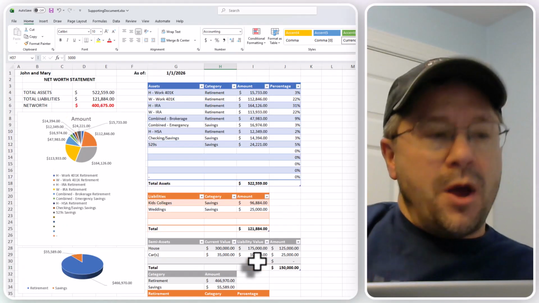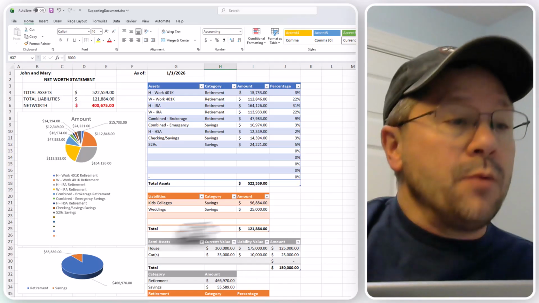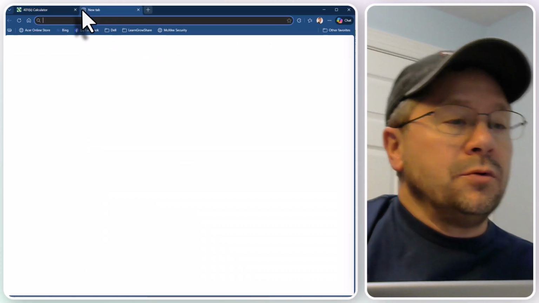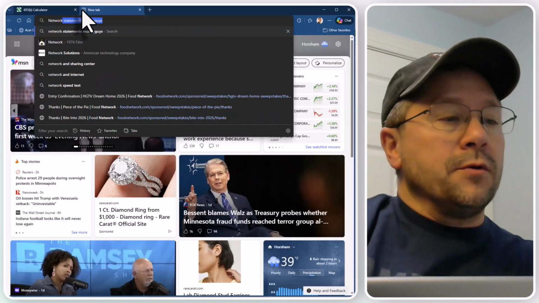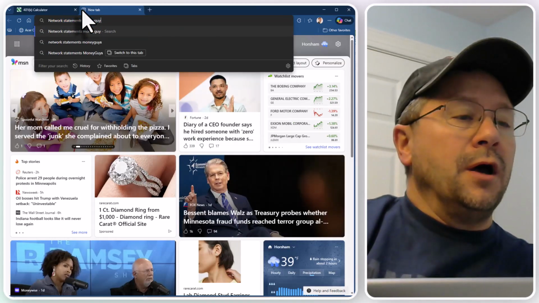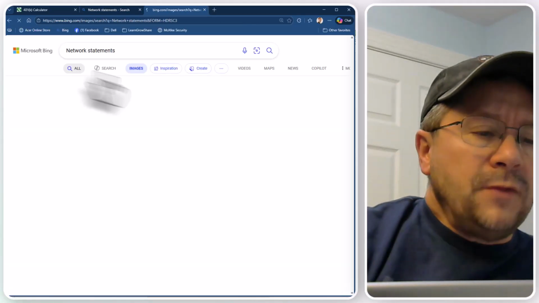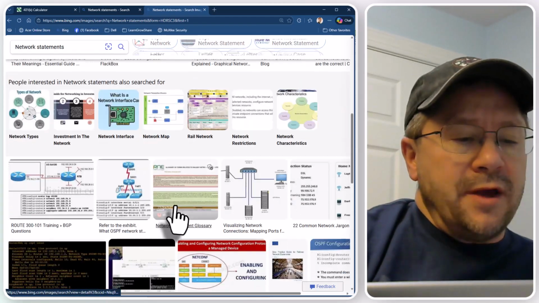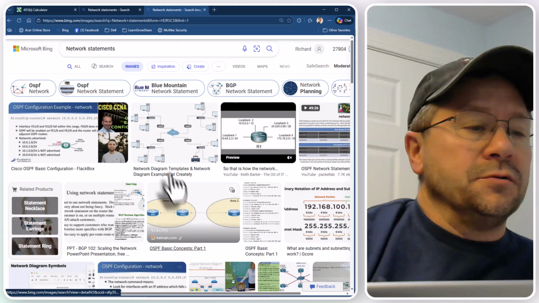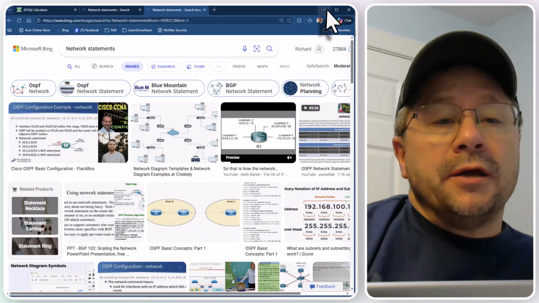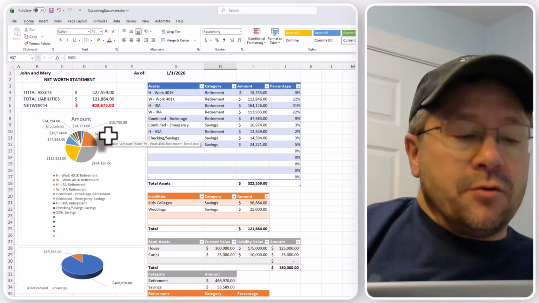So again, this is my one-page retirement net worth. I was just kind of interested, what do you plan to do? Net worth statements. I was looking at Money Guys, if you can see there. There's a lot of different ones out here that people have tried to create. I didn't find something that I liked, so that's why I created this.